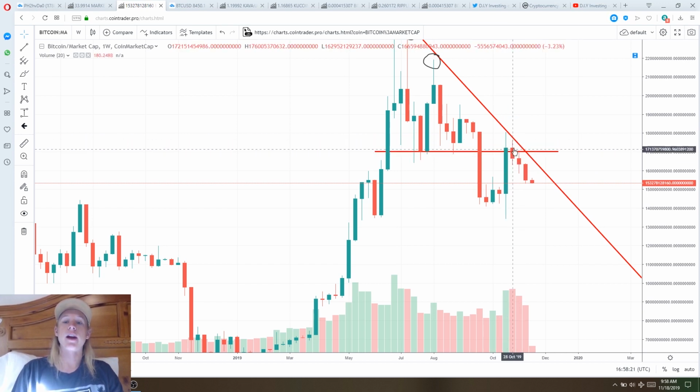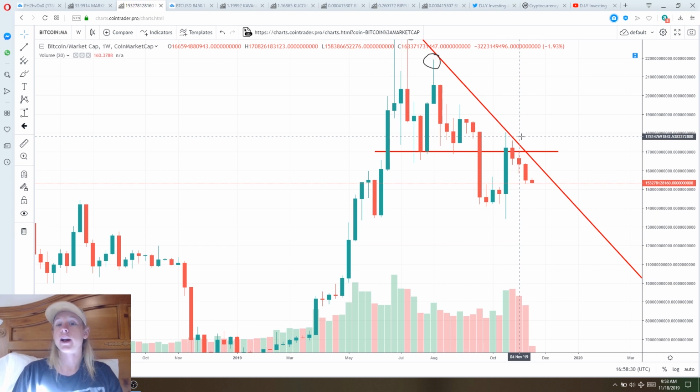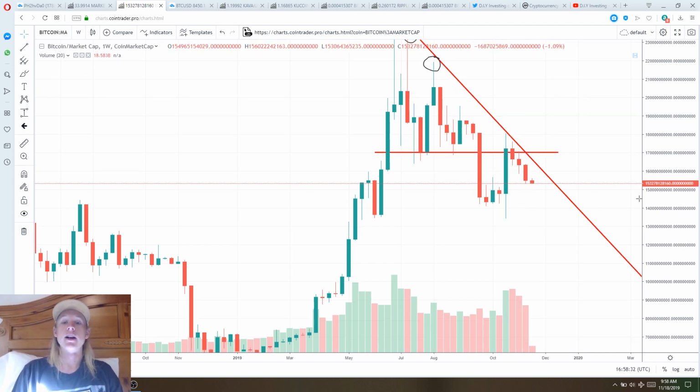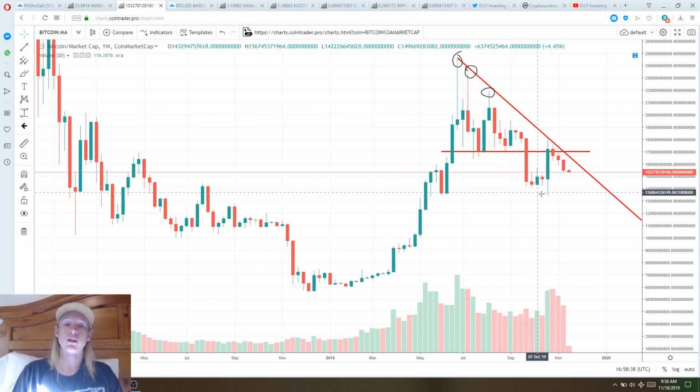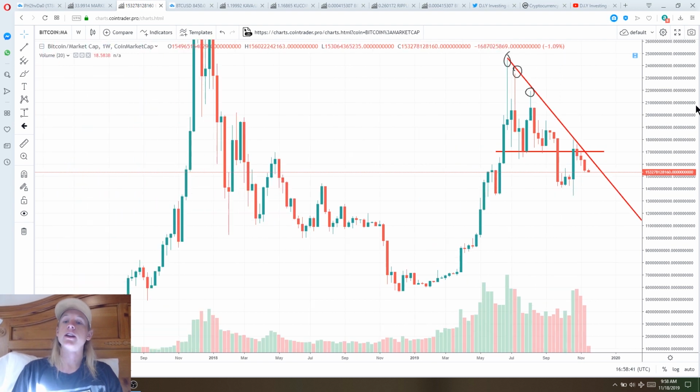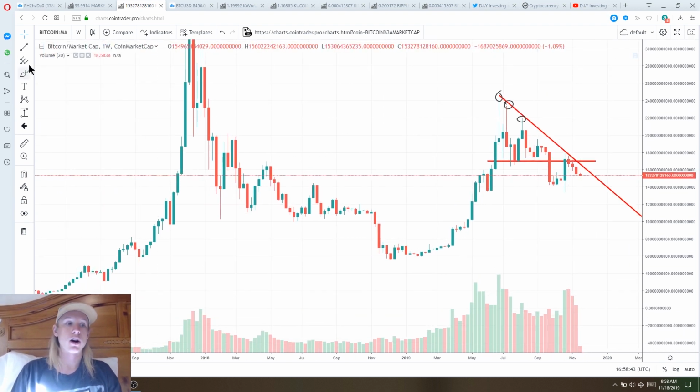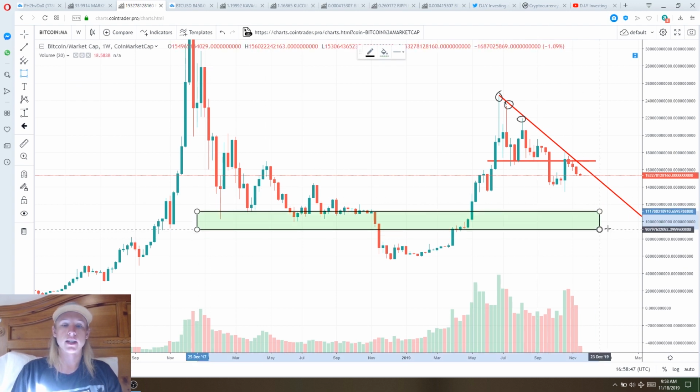But with the next candle, I wanted this red candle to actually be green and actually start our next impulse if that was going to be bullish. And we closed back below that level. So based off of price action alone, this is bearish. I mean, all this buyback really was a bearish retest of that. And now we're actually selling off from that even lower still. And so realistically speaking, I think that the next target for me is a no-brainer, and that's going to be back down at this 6K support floor.